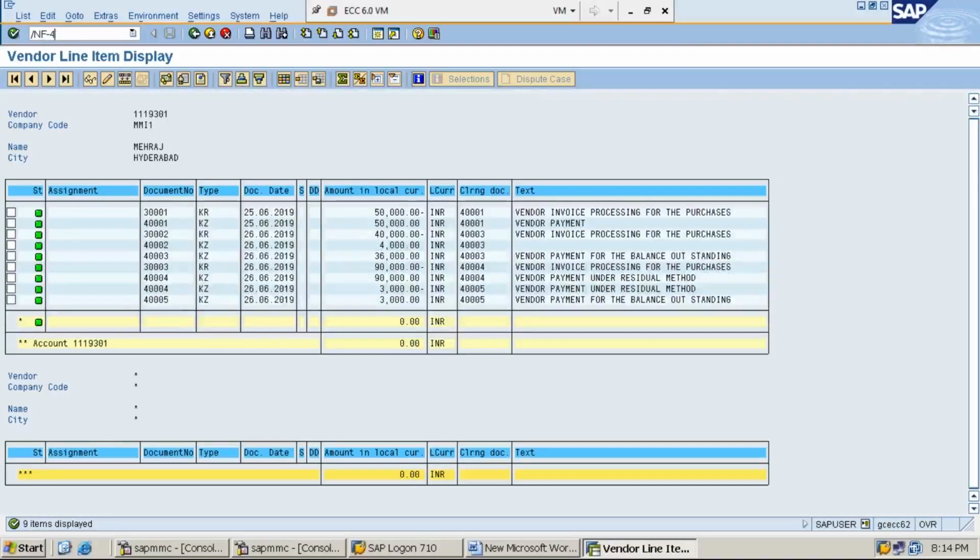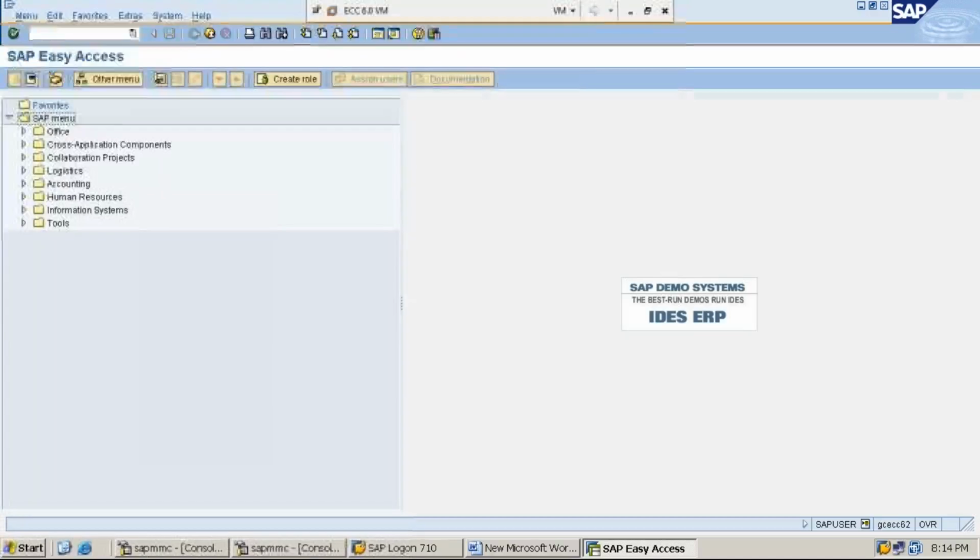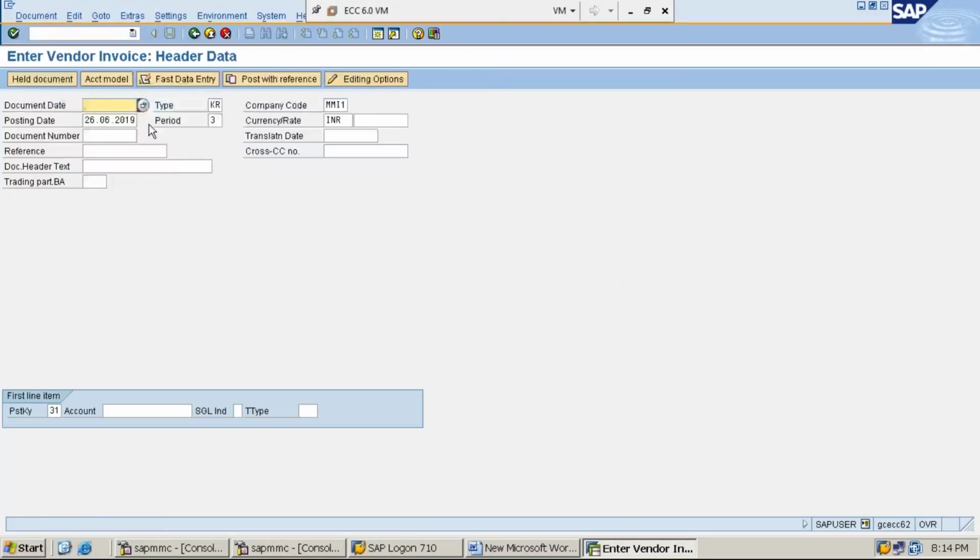We have given F-43 in the command box. Okay, we used to give F-43 and press enter. Then give the document date, document type KR, company code MMI1, posting date, posting period, currency, then posting key 31,